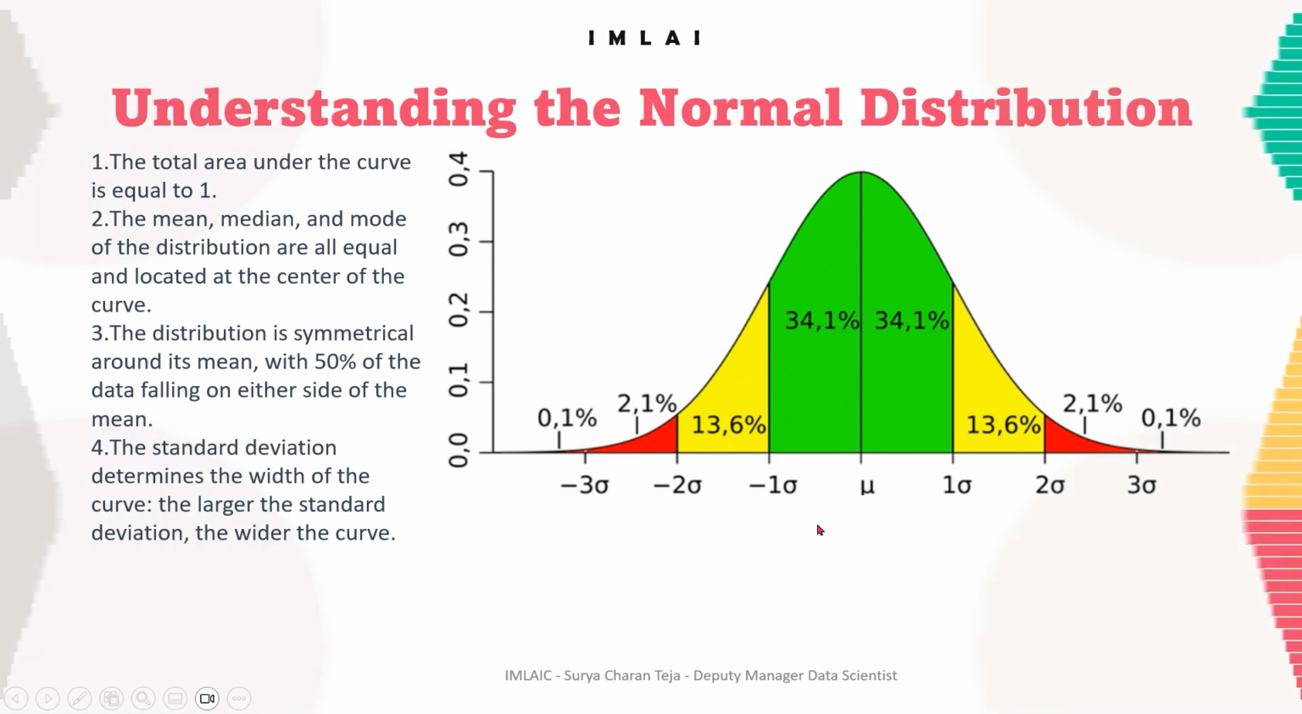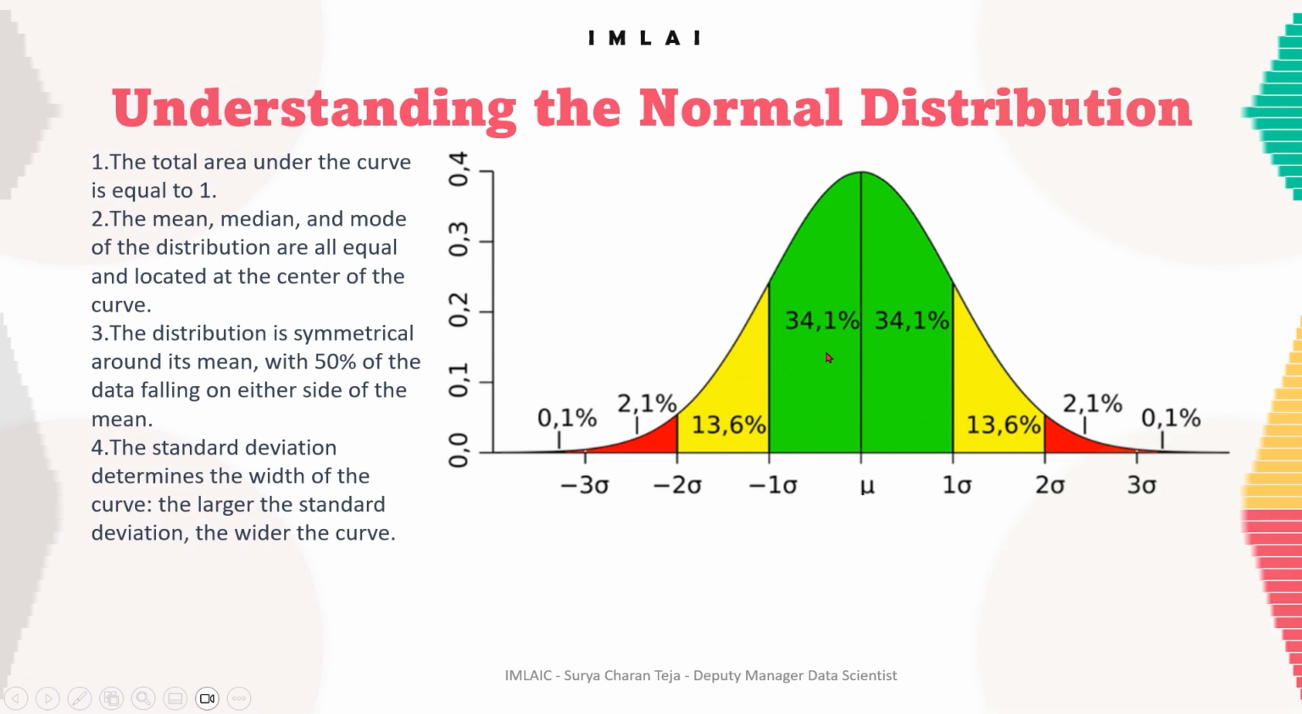I am repeating again, the empirical rule is 68 at the center, 95 here, and 99.7. So this is what is called the empirical rule. Based on that, we can get to know how much of the data falls within which range. So according to this empirical rule, the 68, 95, 99.7 rule,